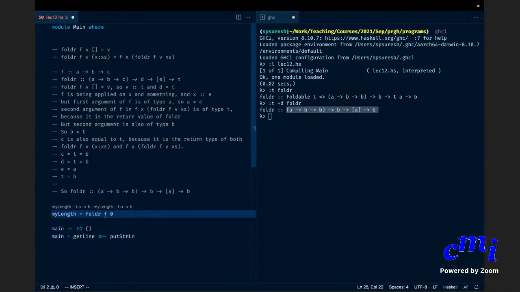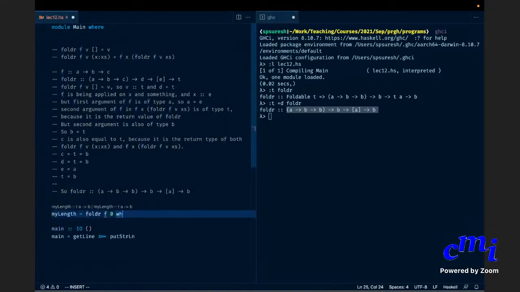So notice that the current element need not always be used. If you look at the thing, the equation says that foldr f v (x colon xs) is f applied on x and foldr f v xs, but this f need not use x, right, as in its definition. So can somebody tell me what would be the f that would be appropriate to use to compute length in this case? Suppose I want to define my length as foldr f 0.